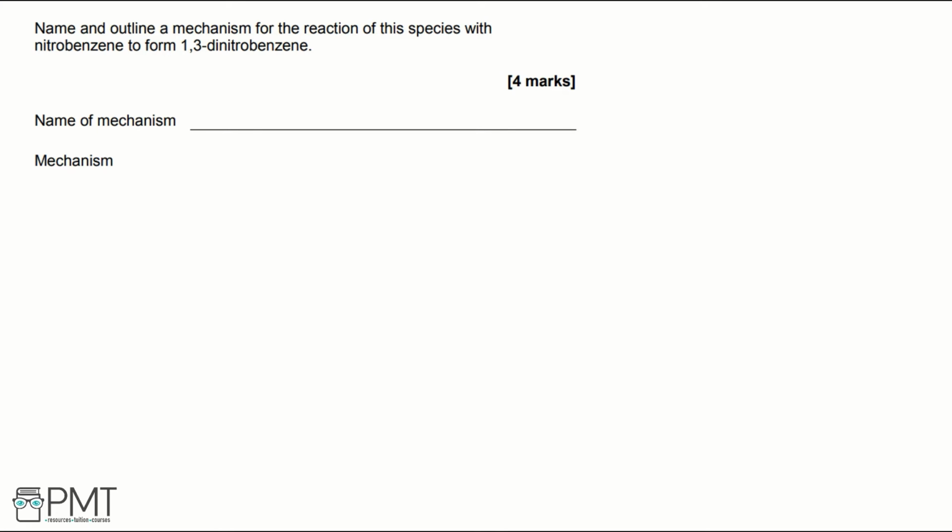Name and outline a mechanism for the reaction of this species with nitrobenzene to form 1,3-dinitrobenzene. So the name of this mechanism is electrophilic because we're using the electrophile we've generated in part 1. And then it's electrophilic substitution because we're substituting a hydrogen for this NO2 plus electrophile. So if we start with our nitrobenzene, if we draw this out, we have our benzene ring